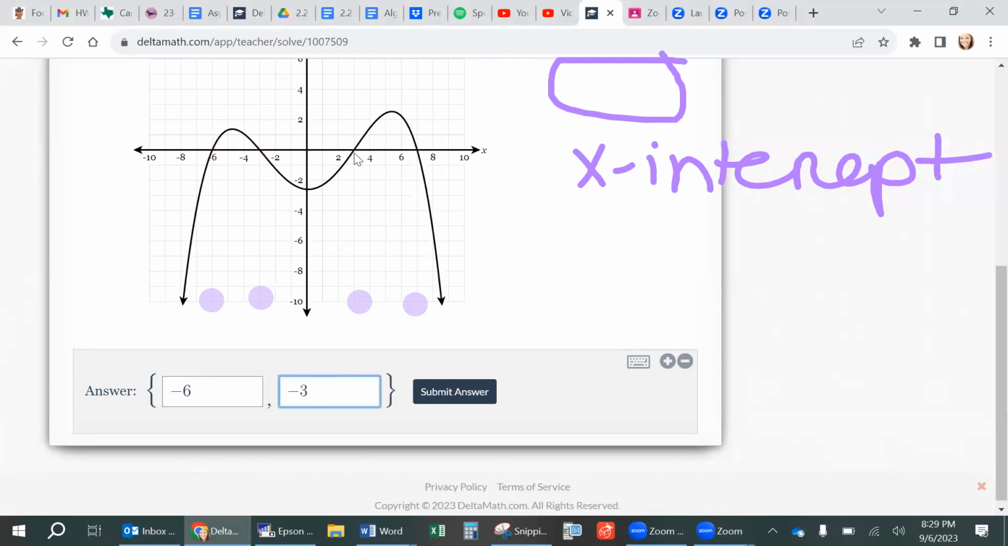The next one over here is 3. And then the last one over here, if that's 6 and that's 8, then right between there would be 7. Also, if you need to add a